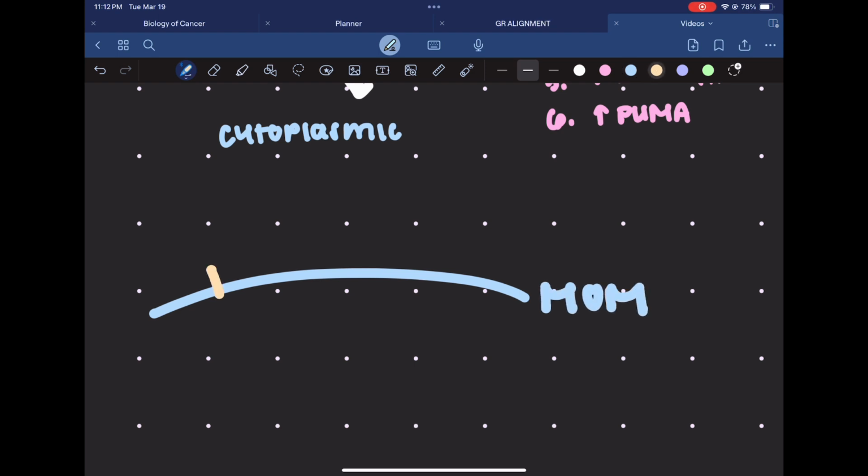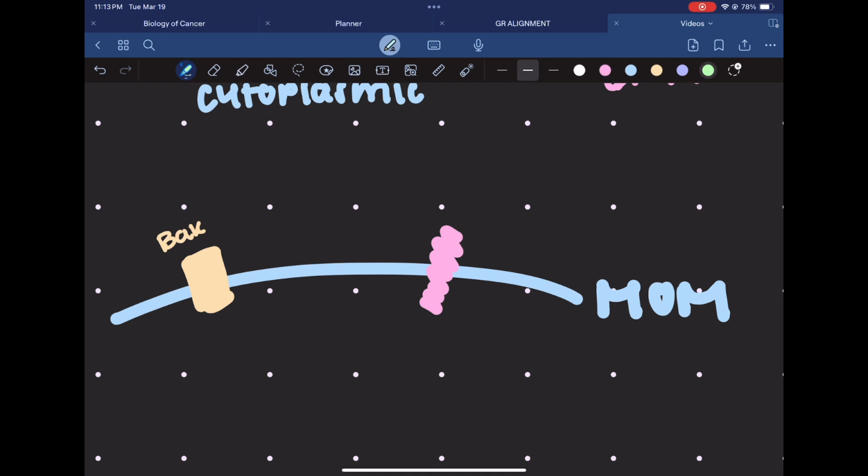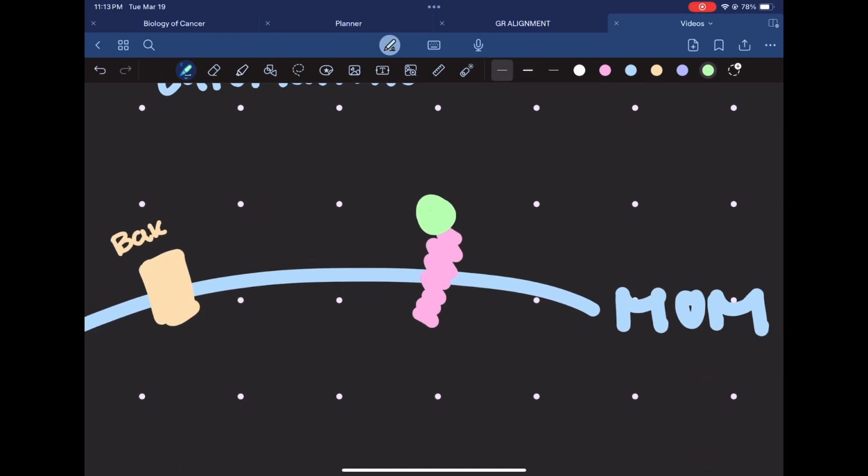I'm going to put kind of a pro-apoptotic protein there. Maybe that's BAK. I'm going to put an anti-apoptotic protein here. And p53 can have a couple different impacts. The first is going to be that p53, which I'm going to label in green here,